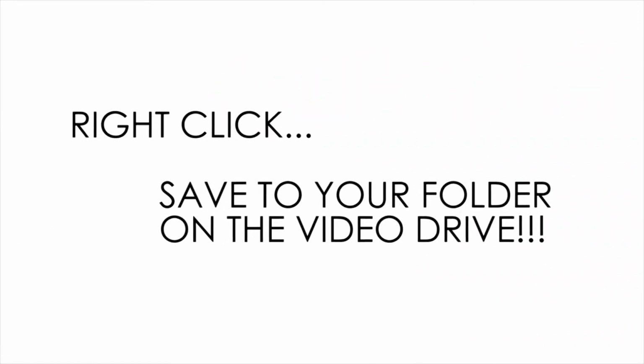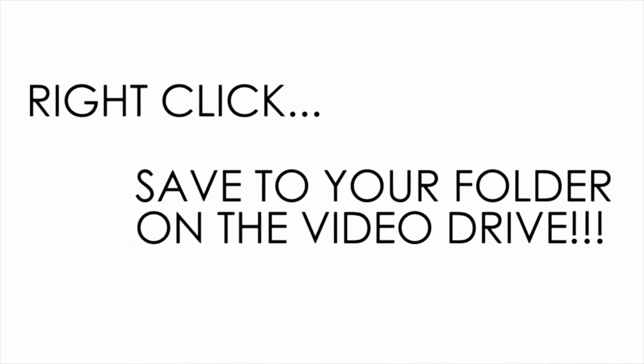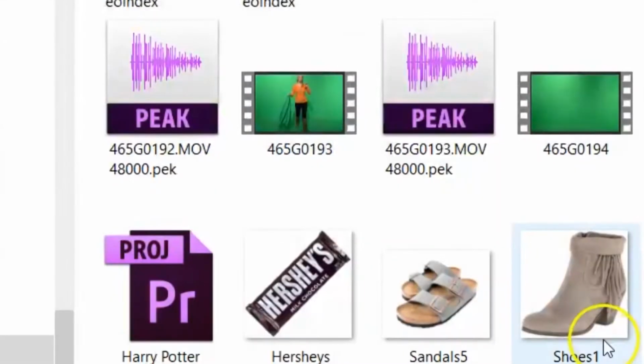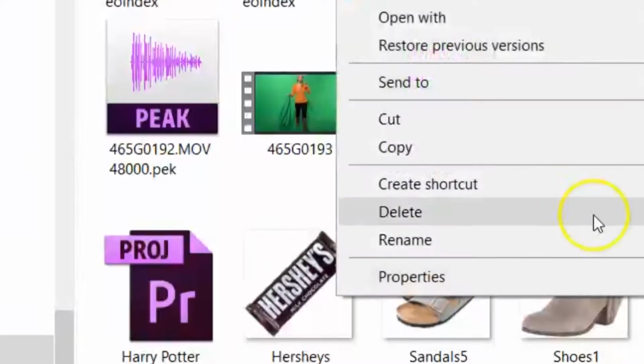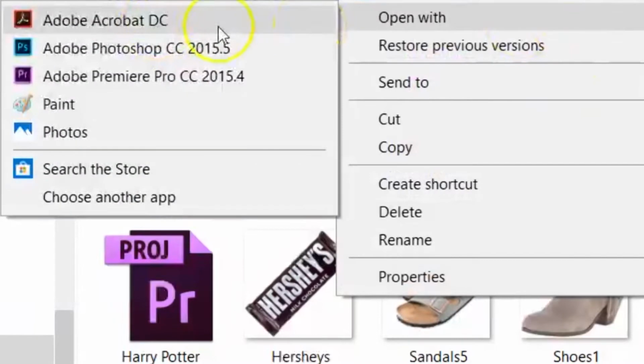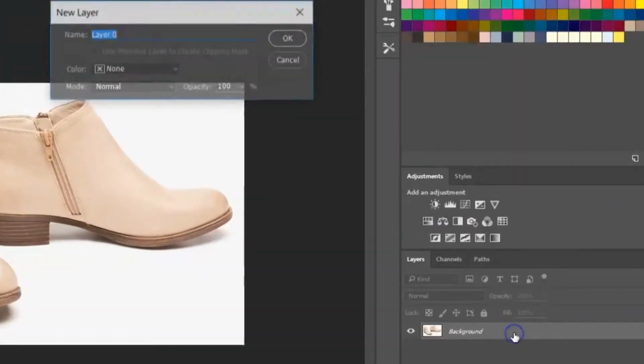Right-click on your image once you find it online, then Save As. Name your image in your folder on the video drive. You should have 2 objects as noted in your script template. Now that you have your images in your folder on the video drive, right-click on each individually, select Open with Adobe Photoshop. Now that you have your image in Photoshop, double-click on the image background to the right to change